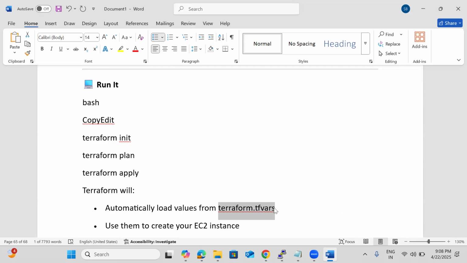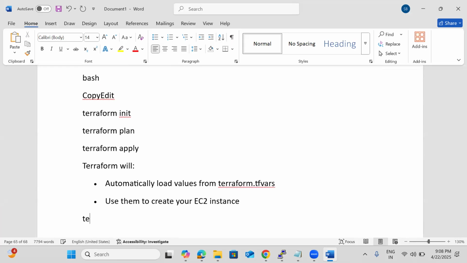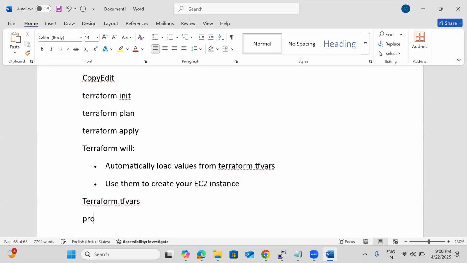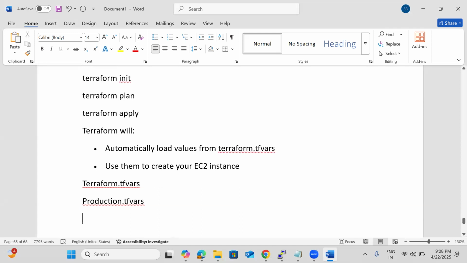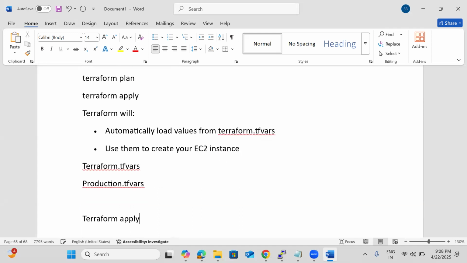Now in this scenario, say in my directory I have terraform.tfvars, and then I have production.tfvars. I didn't specify anything in my terraform apply. Then which one will it take? Consider. If I do only terraform apply, it will take from the terraform.tfvars file only. That is the reason not to keep terraform.tfvars in the directory. Better to keep